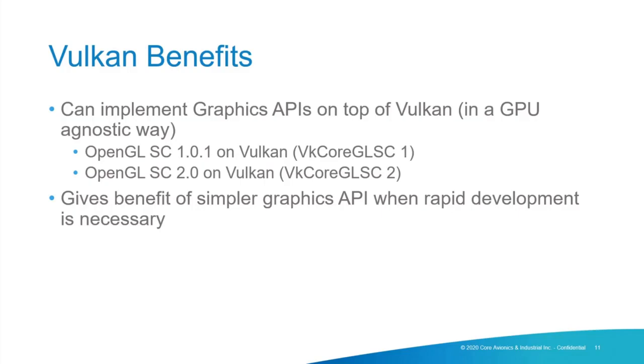So the key benefit with that is, if you've been listening to the presentation, Vulkan is a lot more complicated in how simple graphics operations are completed, since it exposes things at a much lower level. So if graphics is a means to an end for you, you just need to display something on the screen, then using a graphics API like OpenGL SC2 on top of Vulkan allows you to quickly build the graphics application while still giving you the option to use Vulkan in the future for